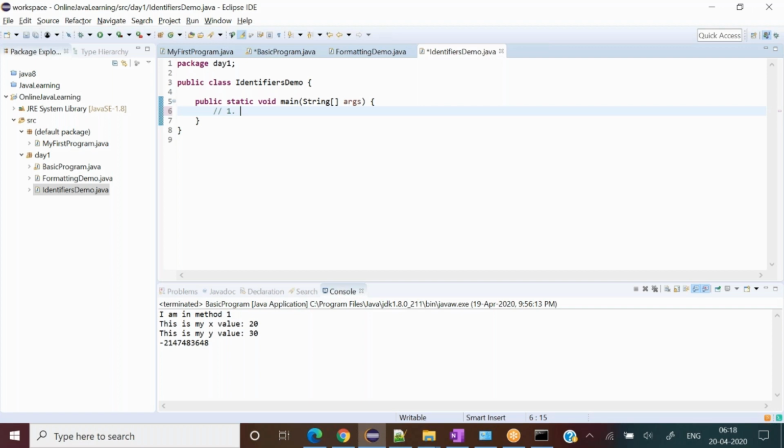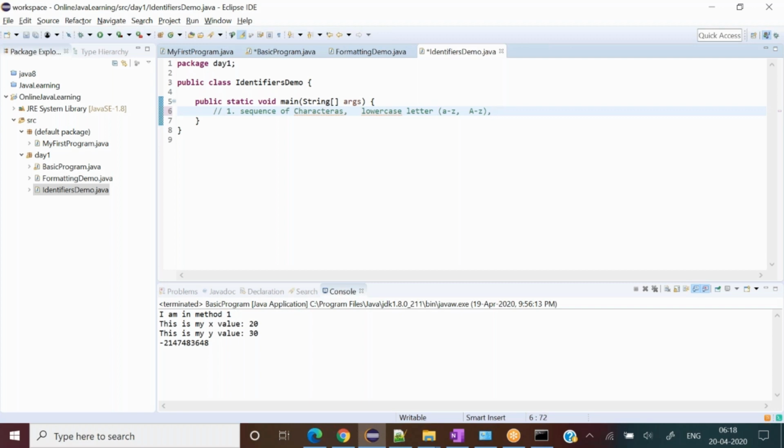Whenever we write an identifier, it must be a sequence of characters which can have lowercase letters, A to Z, or uppercase letters also, A to Z. These are valid in an identifier.